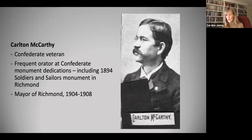He also invoked a common lost cause thread, that emancipation had been bad for African Americans. According to the newspaper, quote, touching upon emancipation as one of the great results commonly claimed for the war, McCarthy contended that slavery was not abolished, but changed in form and degree and in its victim, and is more widely distributed than the slavery of Blacks, since it is a change from the Blacks to all and from one section to the whole land. So this is something that we could elaborate on and think about what he is saying